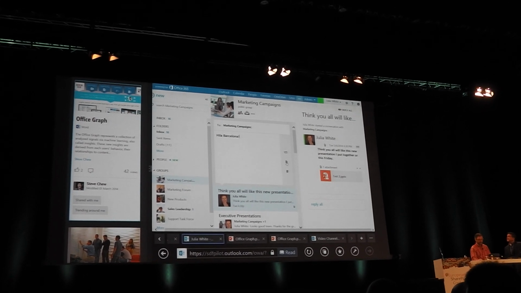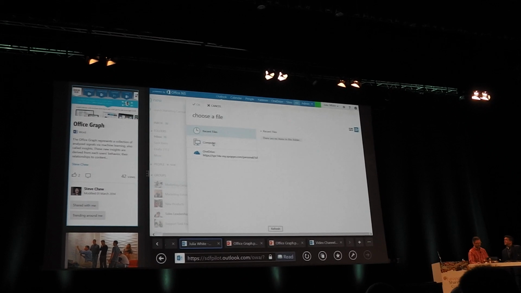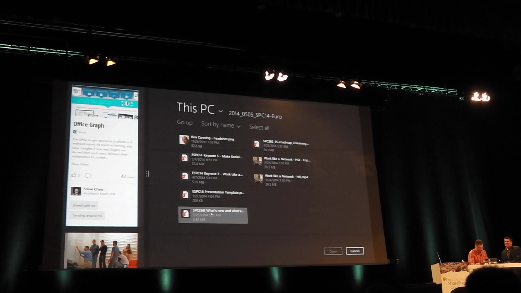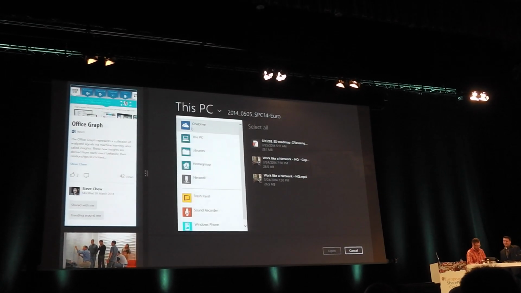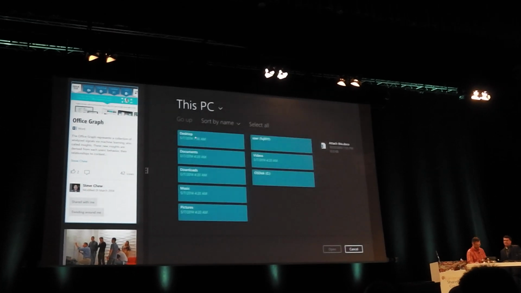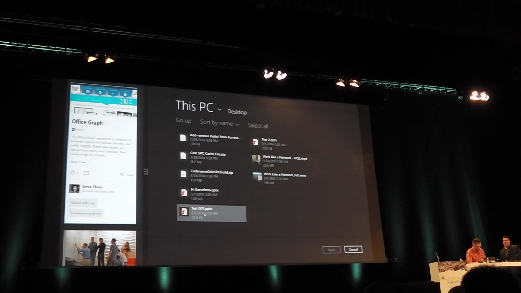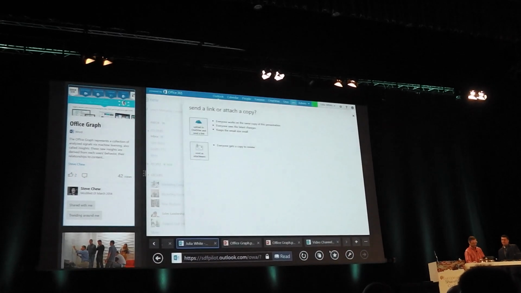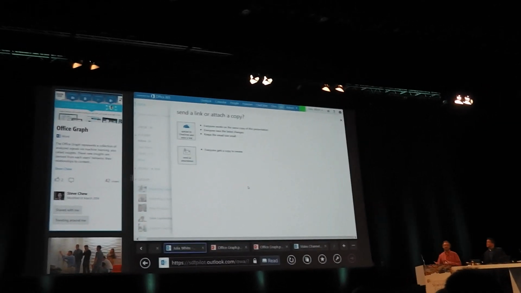And I'm going to add an attachment, and this is just going to be from my computer, so go to the desktop, and of course, it's always just a little hard to find. There we go. So here's my Hi Barcelona, and one of the things that we're working on in terms of